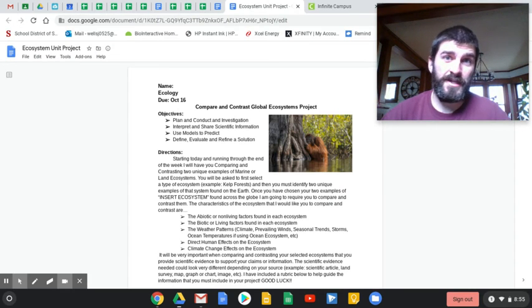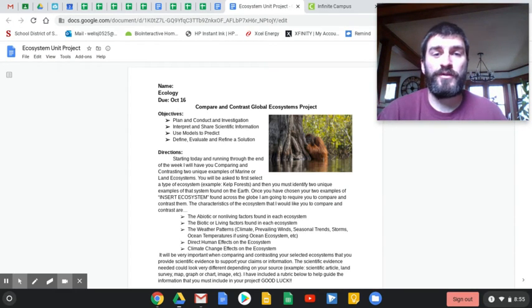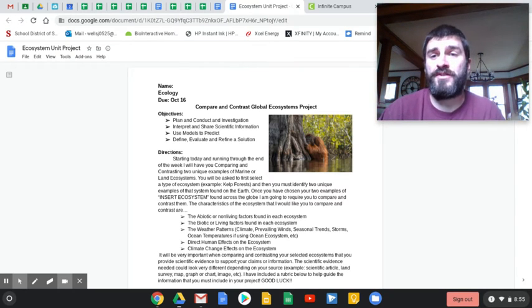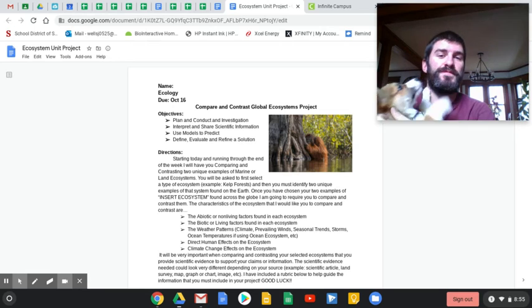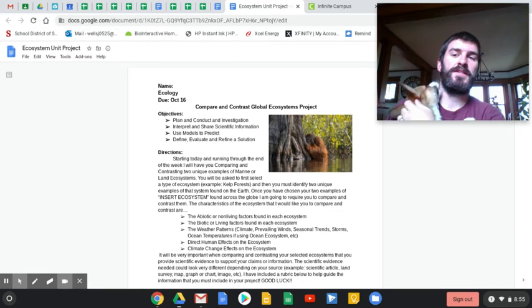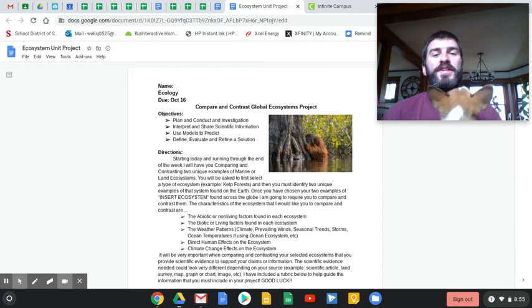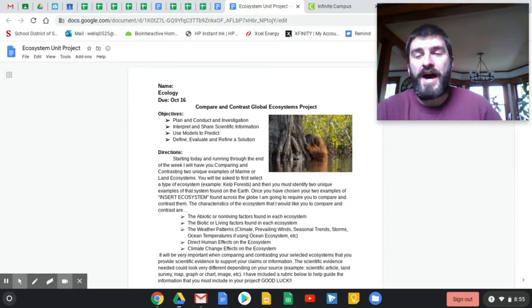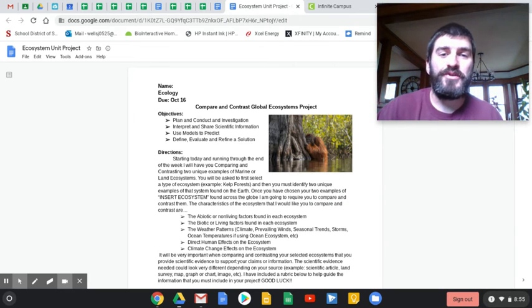My objective of this project is for you to be able to plan and conduct an investigation. So your research is your investigation. You have to come up with a plan of some sort and then conduct that plan. You have to interpret and share scientific information. You need to use models to predict, and then you need to define, evaluate, and refine a solution. Those are my 4 main objectives that I think you'll be able to get practice with by